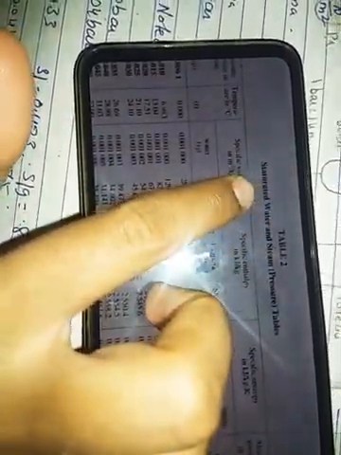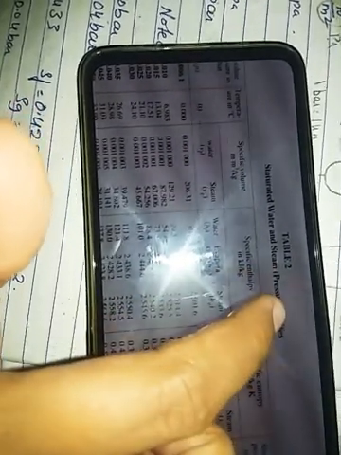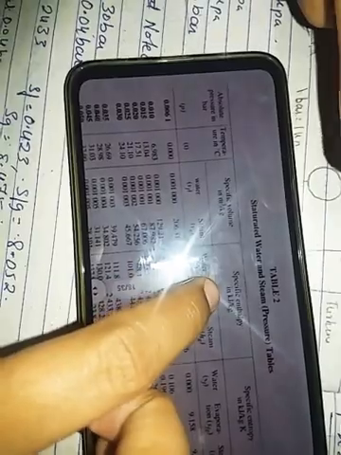Now see here, saturated water and steam pressure. Pressure in brackets is there, no? So these are the pressure tables. Now see here, this absolute pressure is given in bar. Always pressure should be in bar. Temperature is in degrees Celsius. Specific volume is there. Specific enthalpy means H. Specific entropy means S.